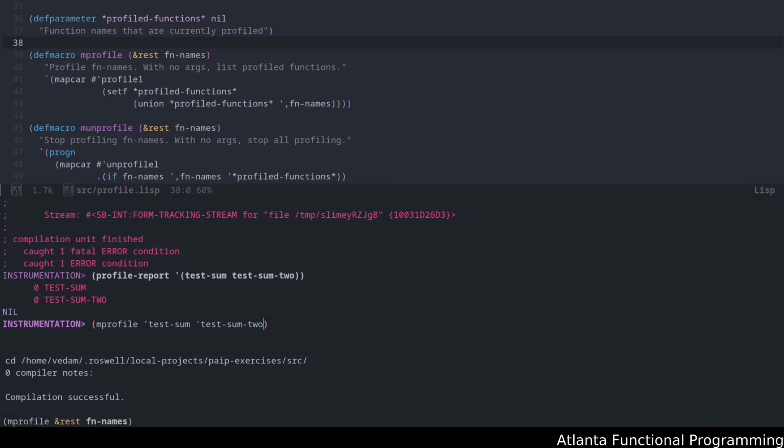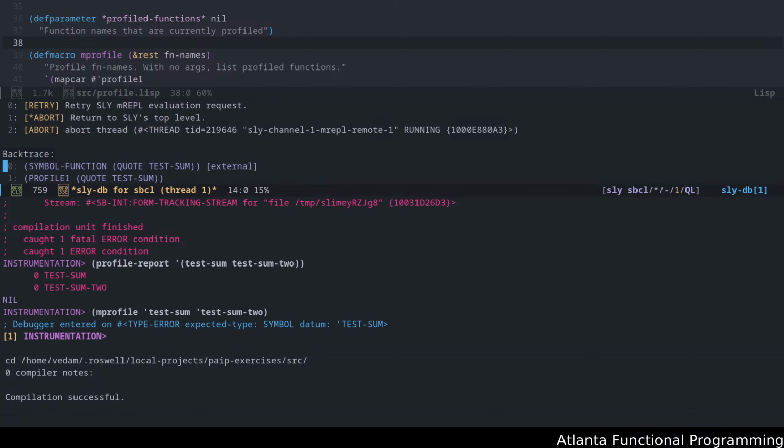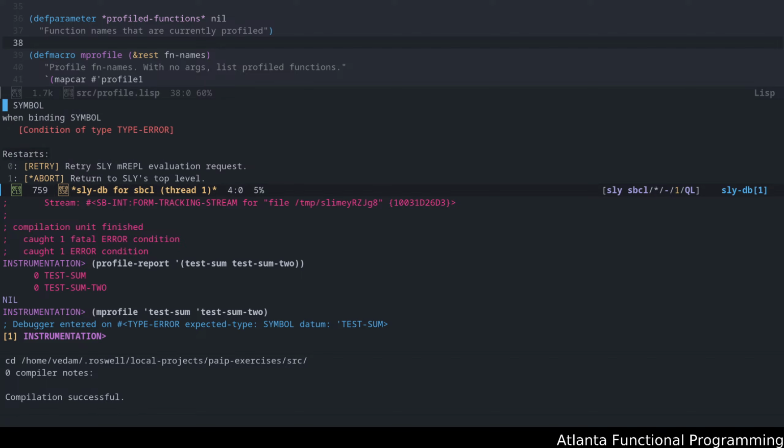Test 2. Let's do that. What is it complaining about? It is saying test sum is not a symbol. Oh, it's already okay, because it's quoting it underneath. So hold on one second. I don't need to quote these.